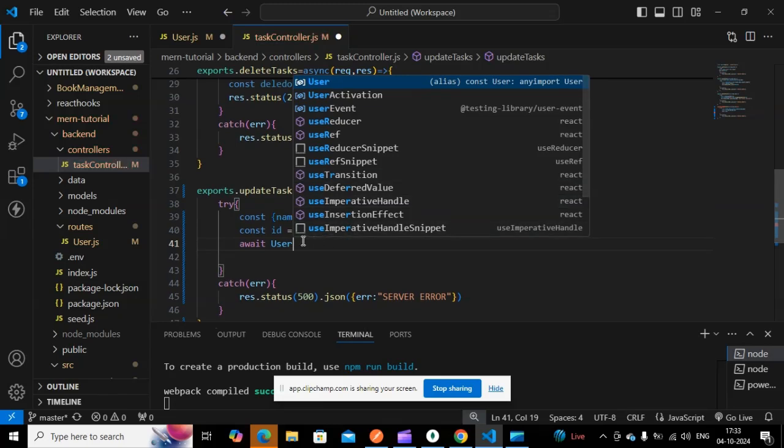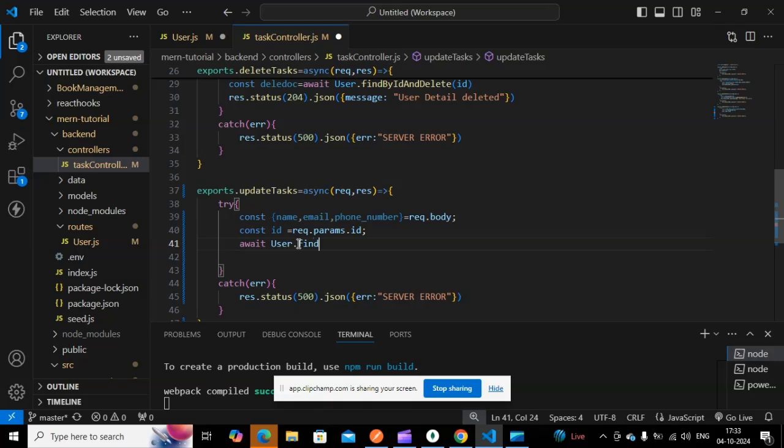And here I give findByIdAndUpdate. In this I have to give the id, and this request body has to come over here.